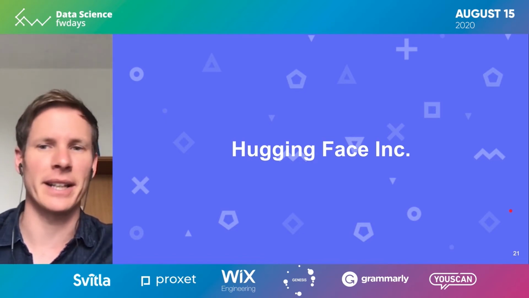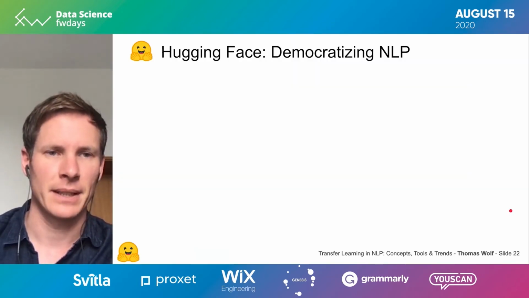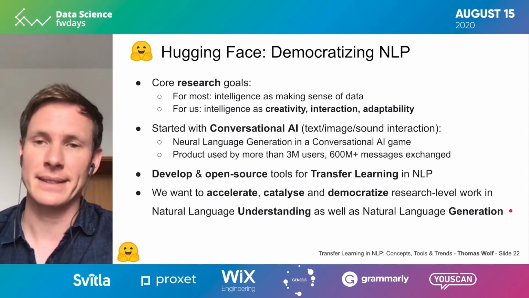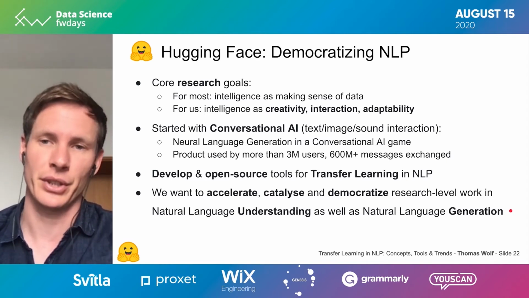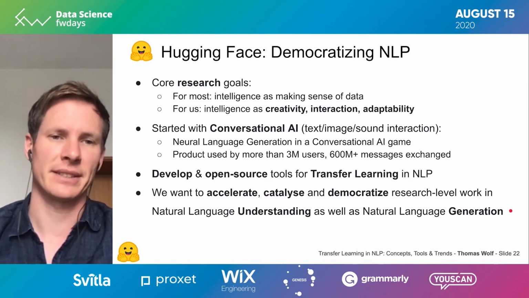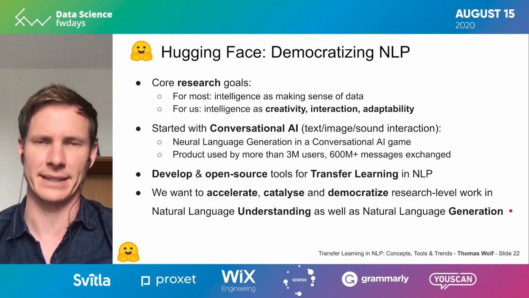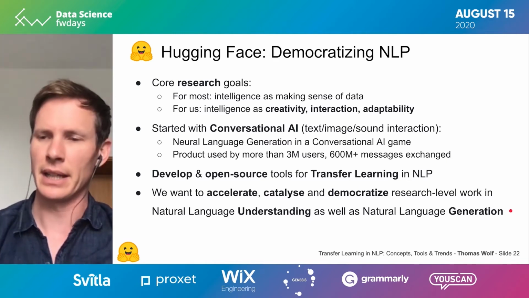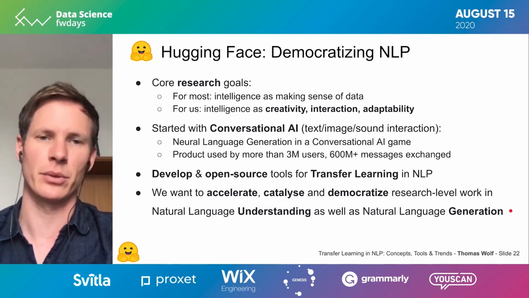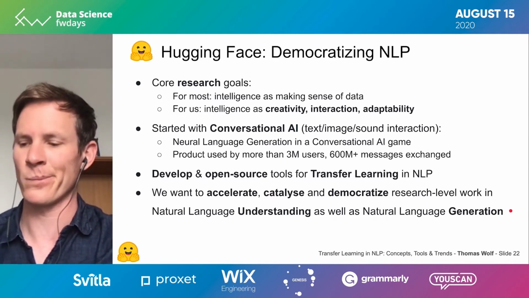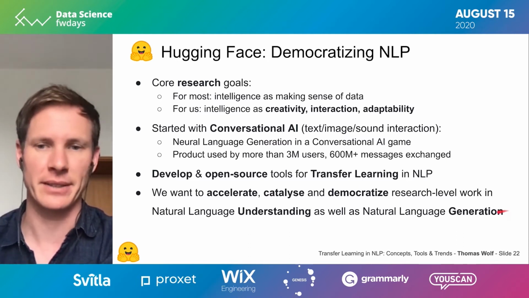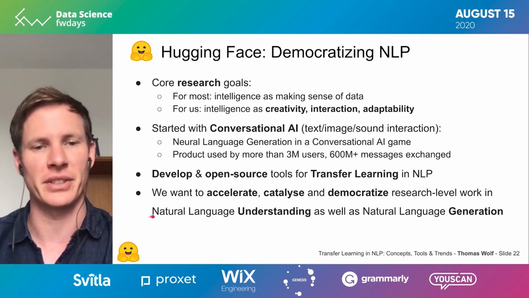Now let's talk a little bit about Hugging Face and what we do at Hugging Face. At Hugging Face, we try to democratize NLP. We try to make the recent breakthroughs of NLP accessible to everyone, and in particular everyone in the research and practitioner communities. We like a lot intelligence, or artificial intelligence, as creativity and interaction. We like the fact that models can generate text, can interact with humans, can be not just a way to make sense of data, but a way to generate new data in a creative way. That's something we like a lot. So we like NLG, which is called natural language generation, but we also like natural language understanding, and we think both